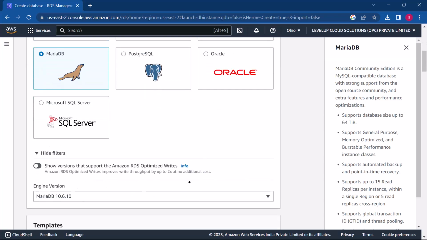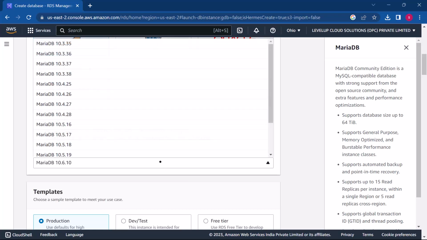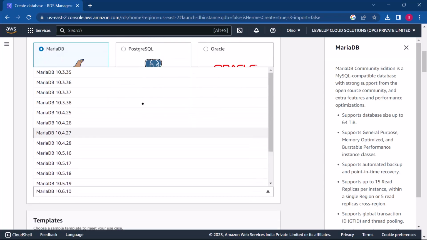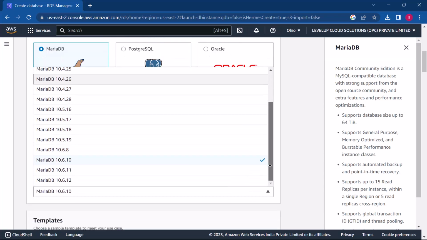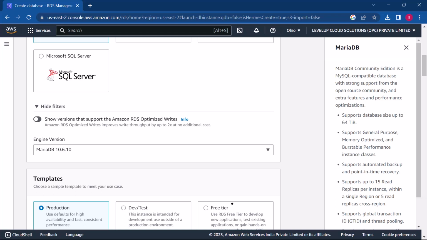Now you can choose the version that you want to create. If I open the drop-down, there are a lot of versions. It's not mandatory that every time you choose the latest version. Choose the version which is recommended by your